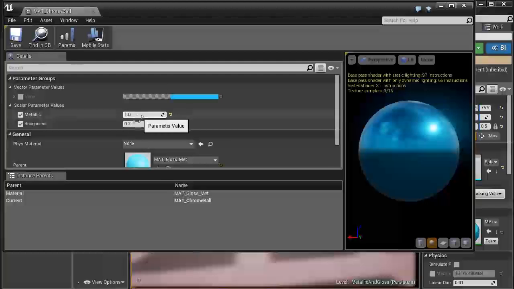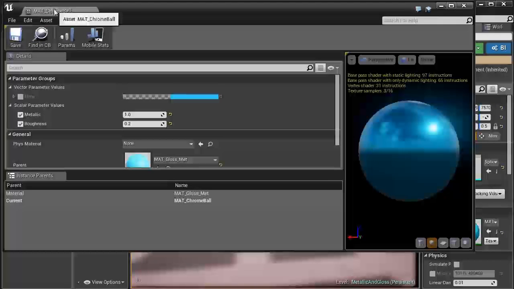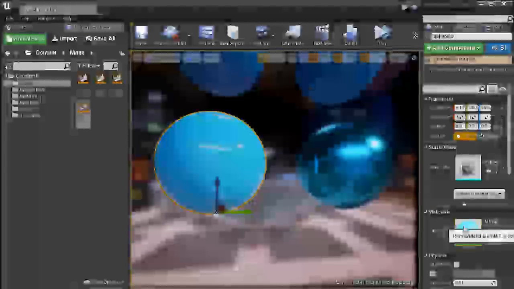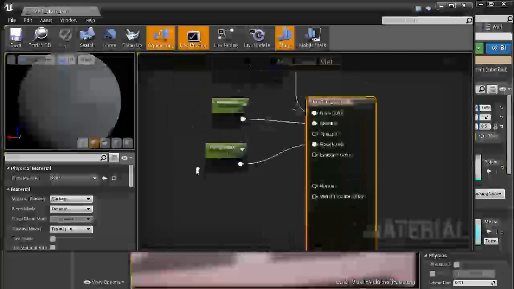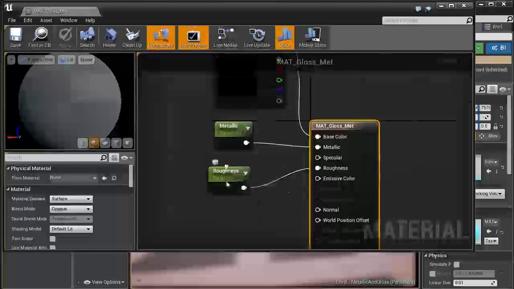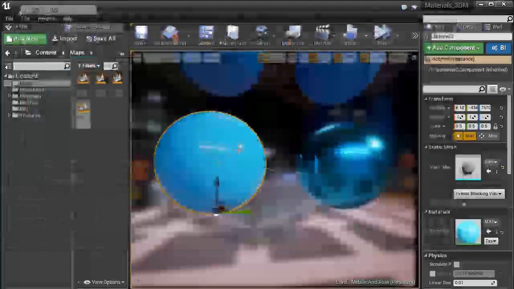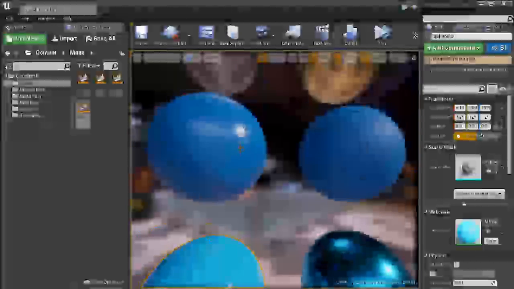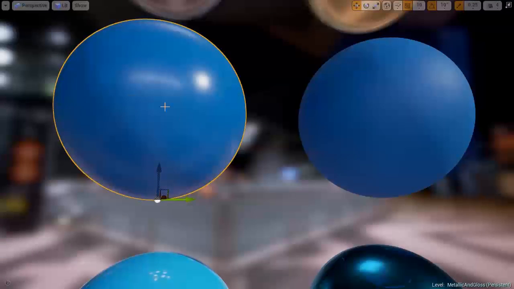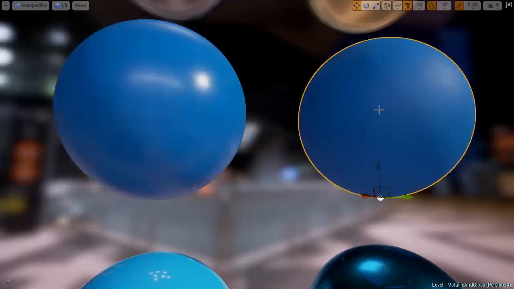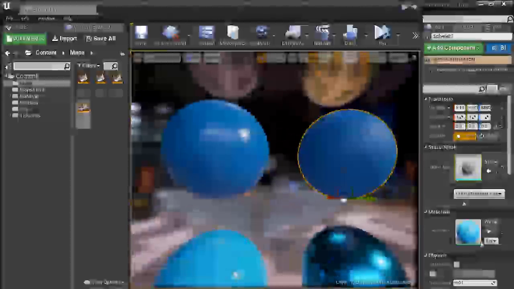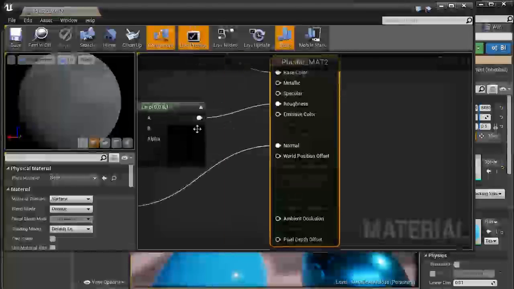So you have your metallic at 0, your roughness at 0.2, and then in this one the metallic is 0 and the roughness is 0 to get that glossy effect. And just come up here, we have two plastic balls. This is a glossy plastic ball, and then here you can see the roughness is less. And if we just open that, you can see here